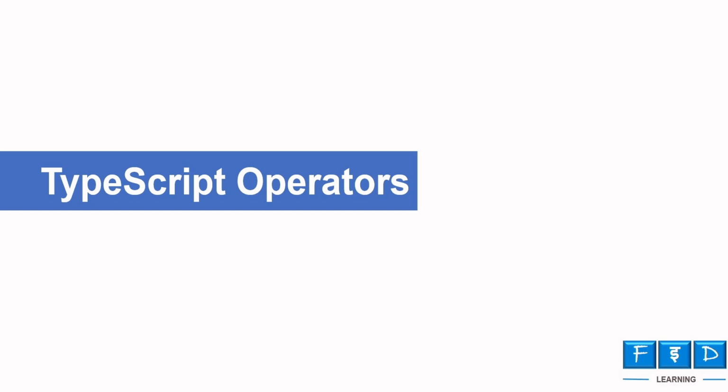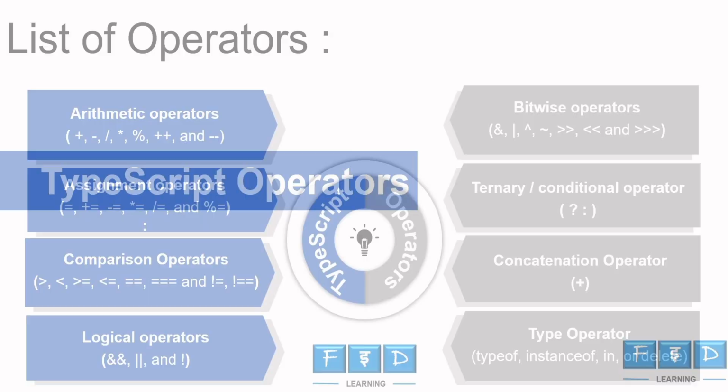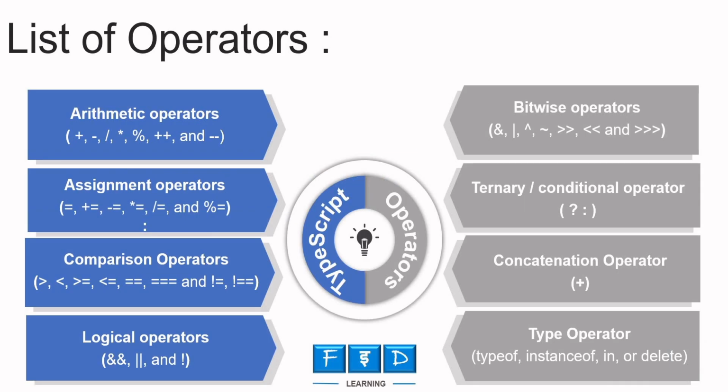Now let's dive into TypeScript operators. TypeScript operators can be grouped into 8 key categories. First is arithmetic operators. Operators that take numeric values as operands and perform some action on the operands to return a single numeric value. And in TypeScript, there are 7 arithmetic operators such as addition, subtraction, division, multiplication, modulus, increment